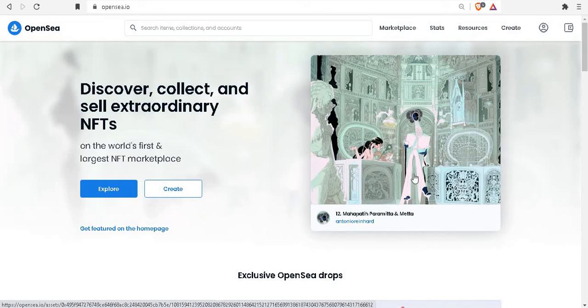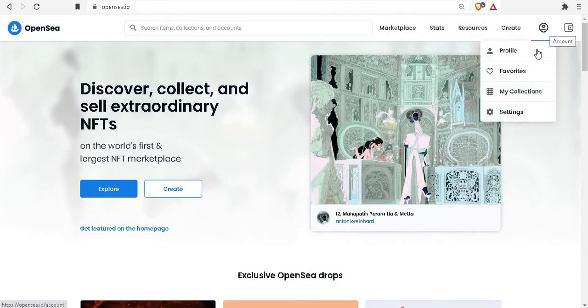G'day guys. Today I'm going to show you how to create your own NFT on the Opensea market and sell it on the Opensea marketplace. So the first thing you want to do is go to opensea.io, go to profile, and